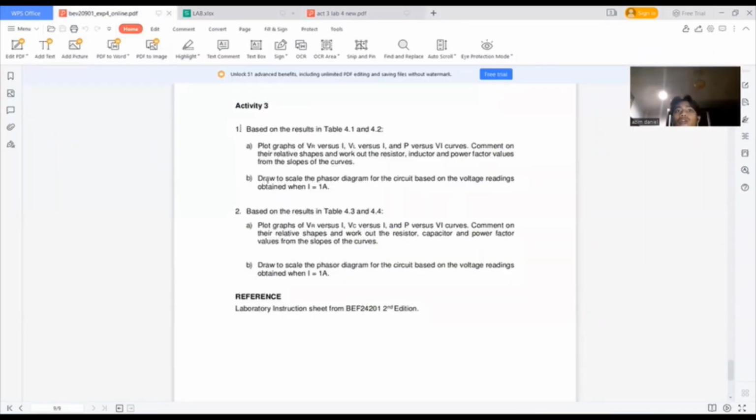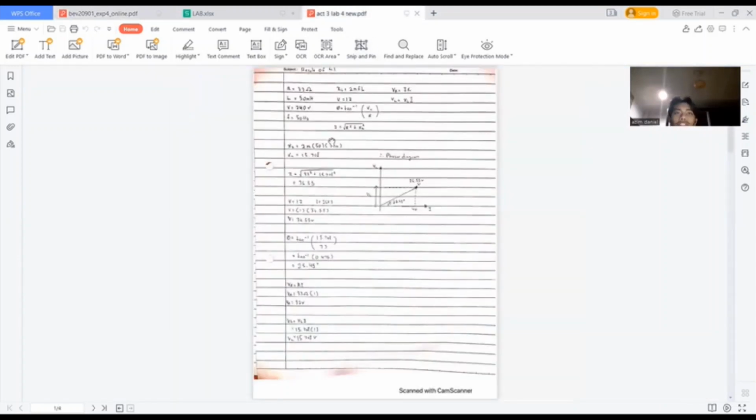The next question is to draw to scale the phasor diagram for the circuit based on the voltage readings obtained when I equals 1 ampere. From here, we used the formula given inside the lab sheet, and we get the calculation, and our group can draw the phasor diagram. This is our calculation, which is